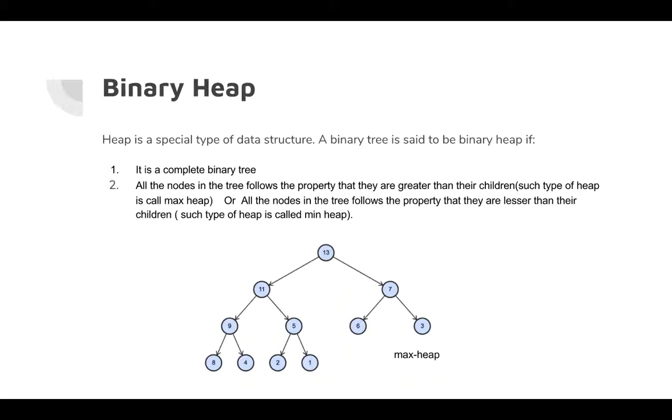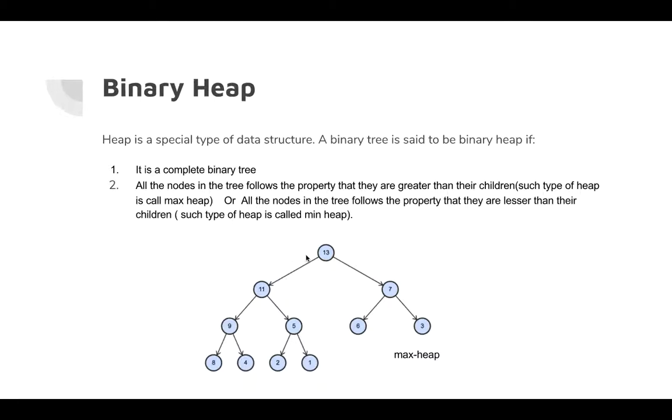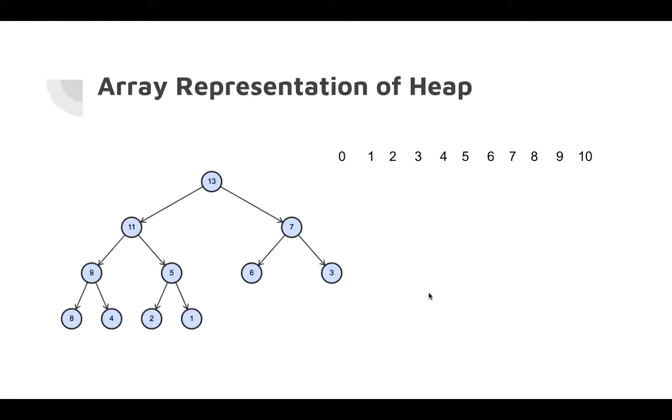So you can see that this tree is a max heap. Similarly, for min heap, the condition reverses. So basically, the condition becomes that all the parents are lesser than their children. Okay, so let's look into an important